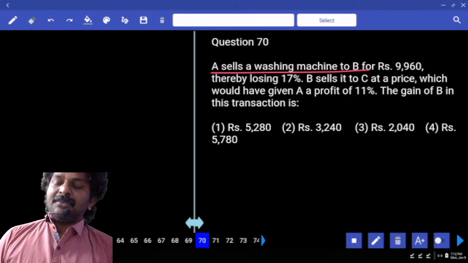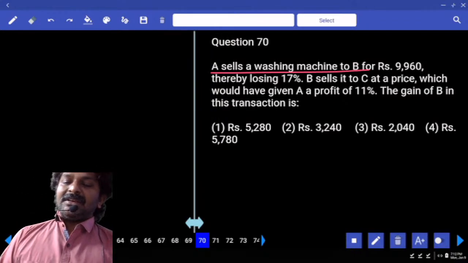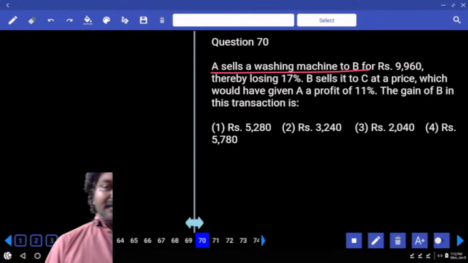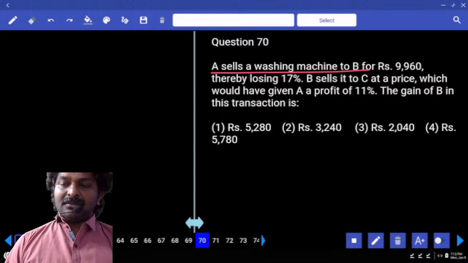A sells washing machine to B for 9960, thereby losing 17%. B sells it to C, which would have given